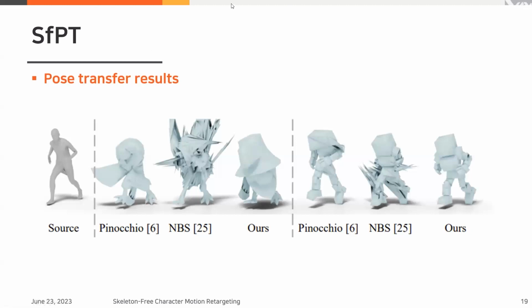Is there any questions? Did they get the ground truth information just from the animation data? Like, how did they get the ground truth pose for